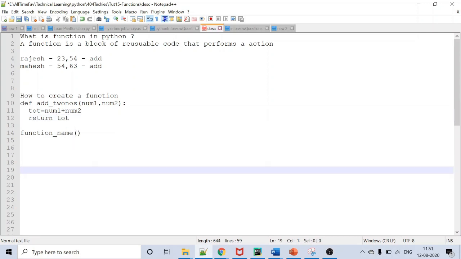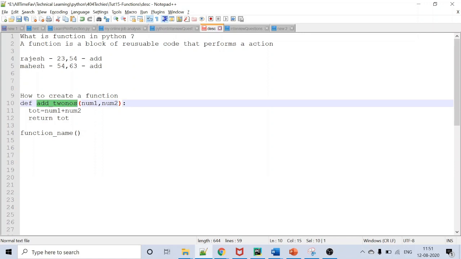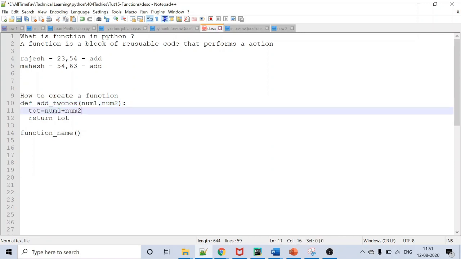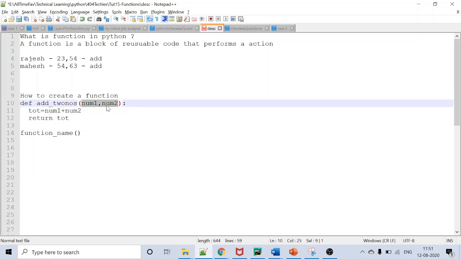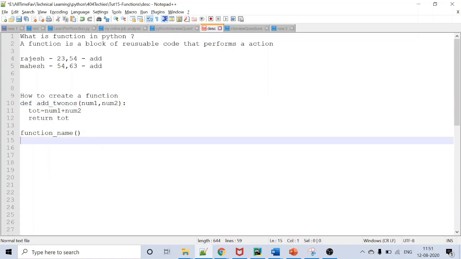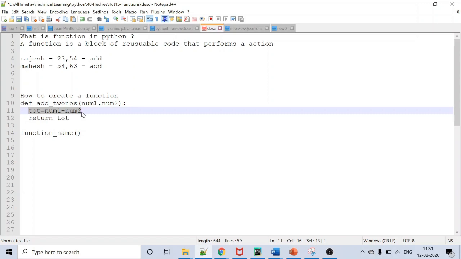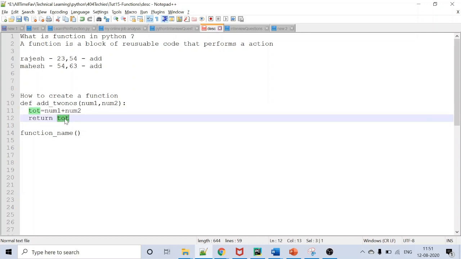So here add two numbers is my function name, and num1 and num2 are the function parameters. This part is the actual code written inside that function, and then we will return the total variable.